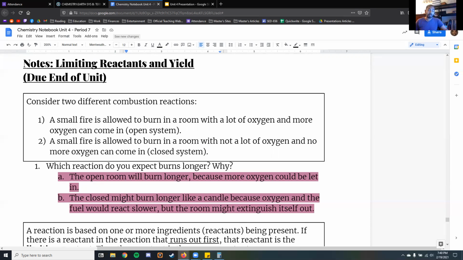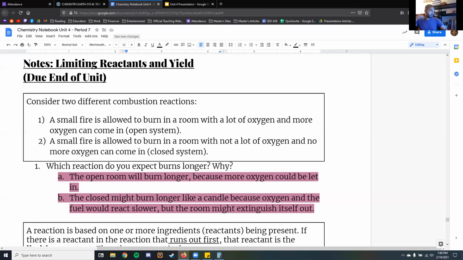So if you ever wanted to open a restaurant, for instance, this comes into play, right? In your restaurant, you want to have enough ingredients to make each menu item on your menu. However, if you don't have enough, you can't make some of your menu items, and now your place gets bad reviews. And so this is what chemists do. We want to make sure our reactions go to completion. We don't want to have extra things left over. We don't want to have extra reactions left over. We want to make sure everything is just right.